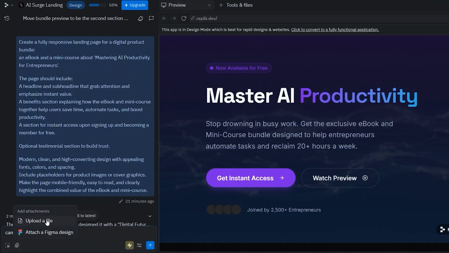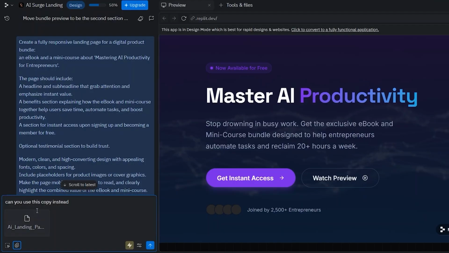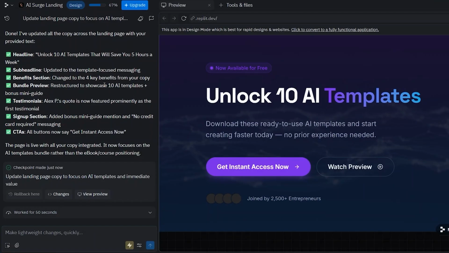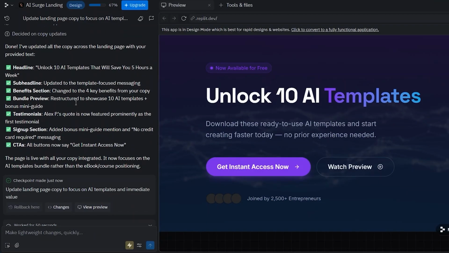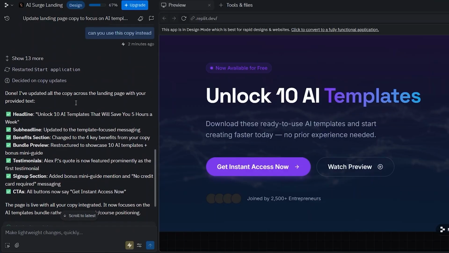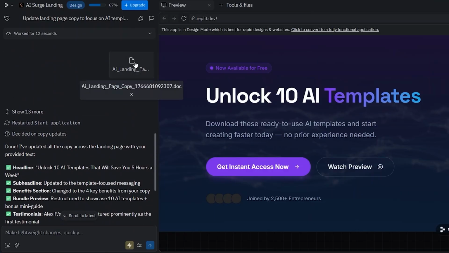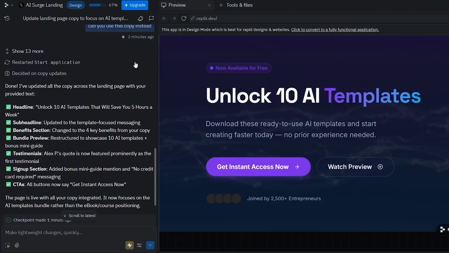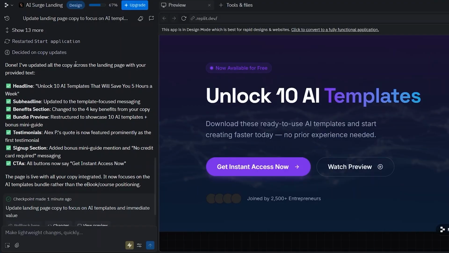attach the file, upload the file. So I've attached the landing page copy. And then we're gonna click on send. There we go, pretty simple and straightforward. If we look to the left, let's scroll up a little bit and it says, so I sent in the landing page copy. And then it says, done, I've updated all the copy across the landing page with your provided